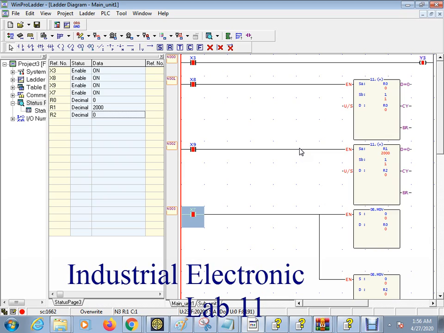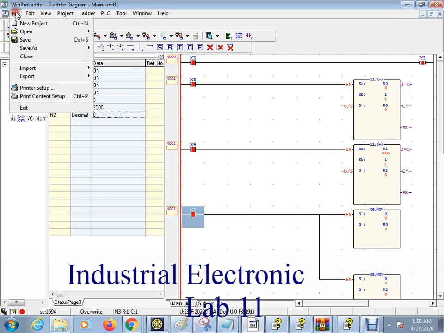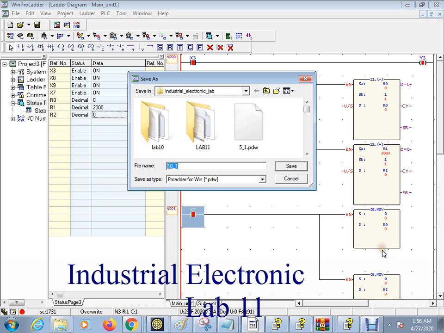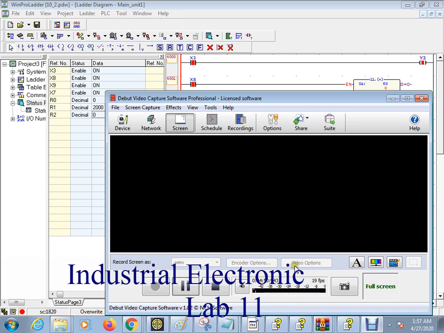Okay, so this is the lab experiment 10_2. Now we